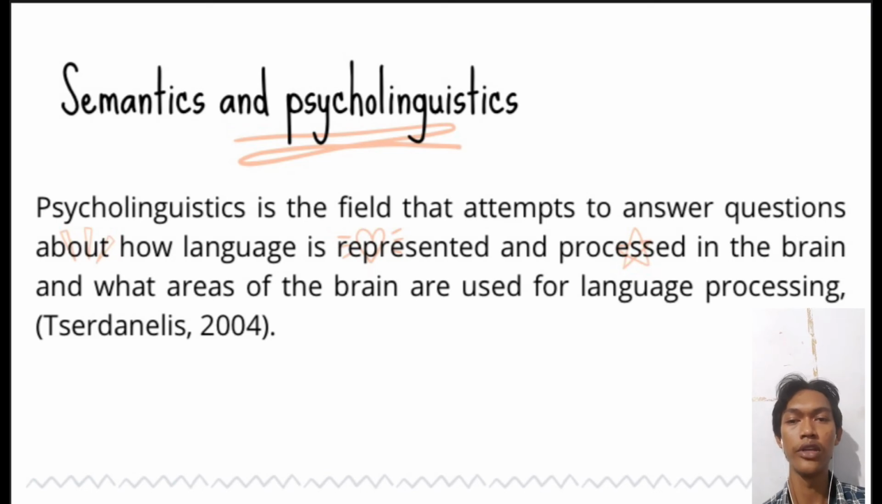Semantics and psycholinguistics. Psycholinguistics is the field that attempts to answer questions about how language is represented and processed in the brain, and what areas of the brain are used for language processing. Reading and writing skills involve a complex array of perceptual and motor skills. The impairment of reading skill is called acquired dyslexia. The impairment of writing skills is called acquired dysgraphia. Acquired dyslexia is divided into two as follows: